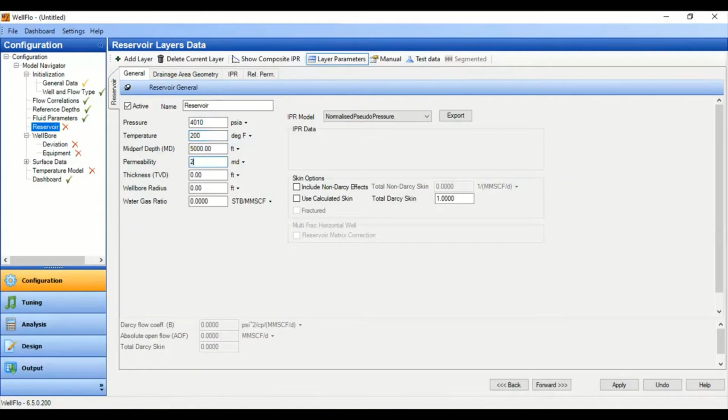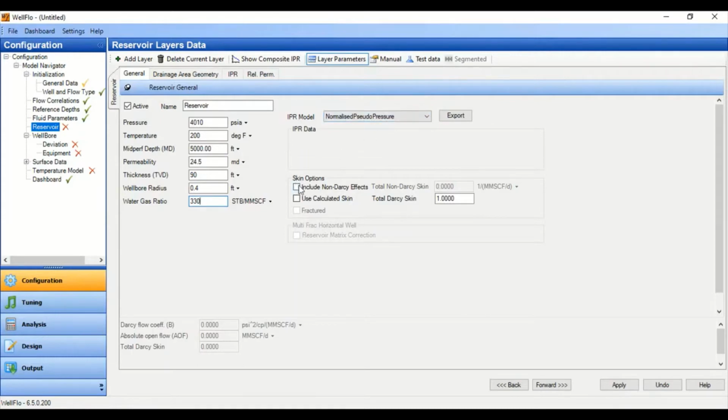Permeability of 24.5 with reservoir thickness of 90, wellbore radius of 0.4 feet, and water gas ratio of 330 stock tank barrel per MMSCF. Okay, and the IPR model, we select this one, normalized pseudo pressure.